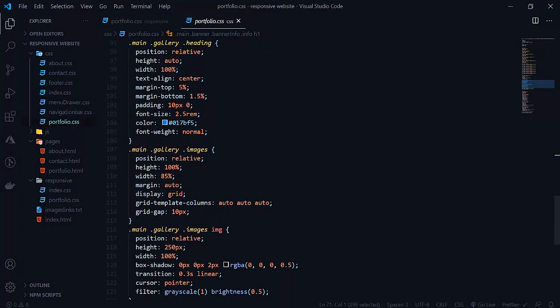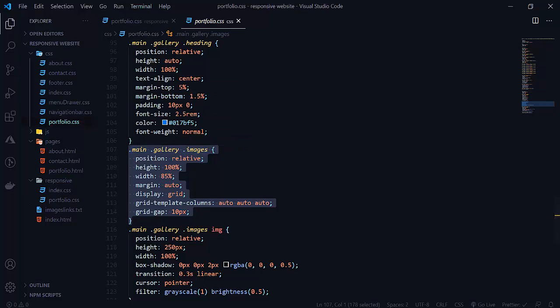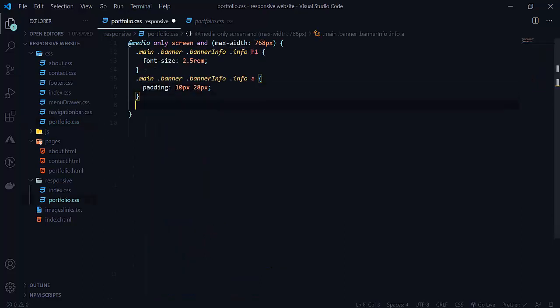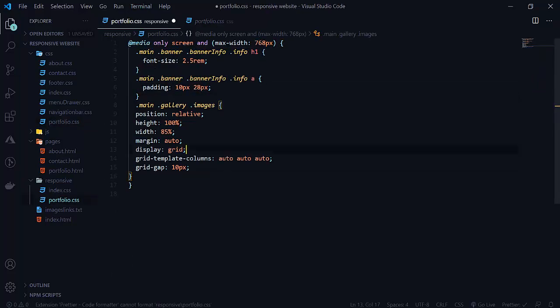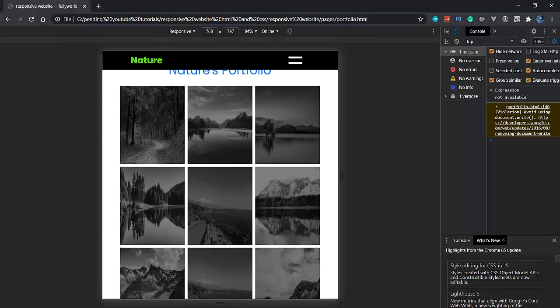Here we just have to change the grid to 2 columns. Here auto and auto means we are having 3 columns. So when I remove one auto from here, it will become 2 columns, sorry. So see that now 2 columns has come. When I go to this, see that here 3 columns and then boom, 2 columns here.